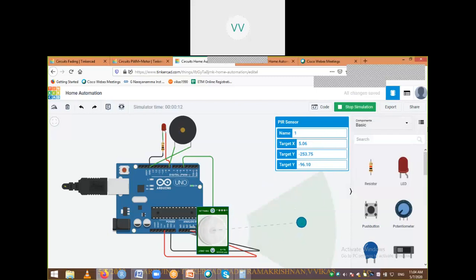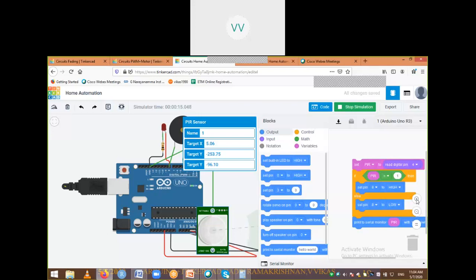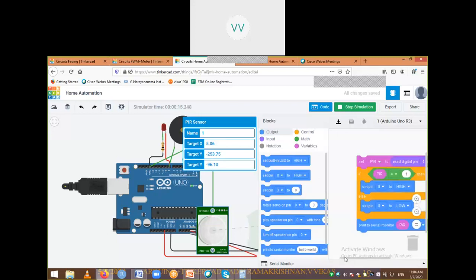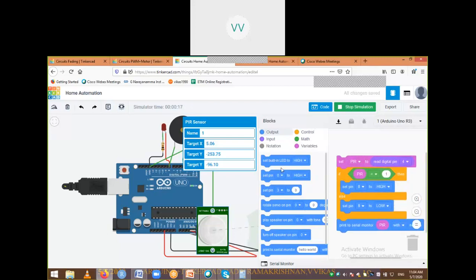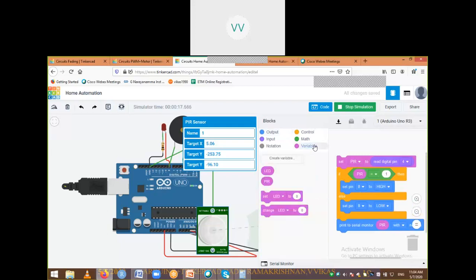Let me go back to the code and see what I have written. See here, I have written set PIR. Basically I have defined a particular variable PIR here.